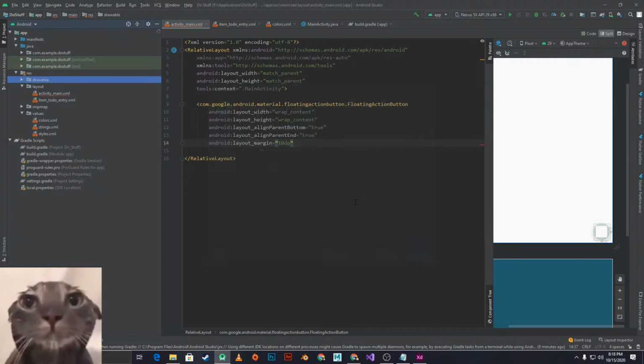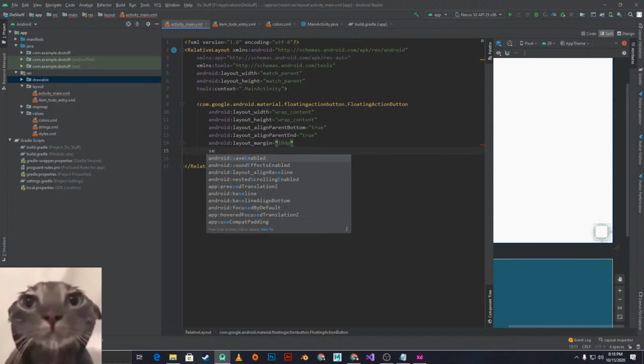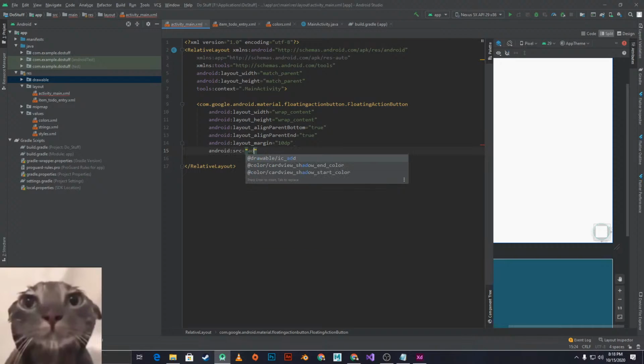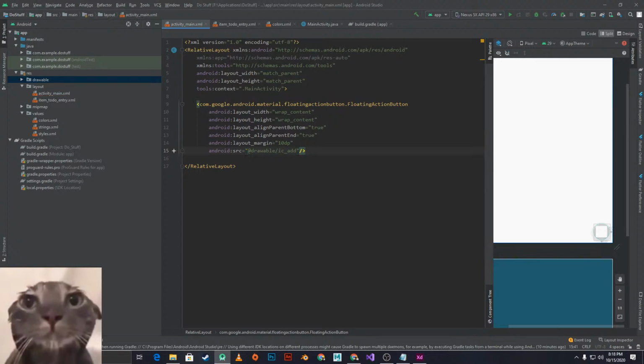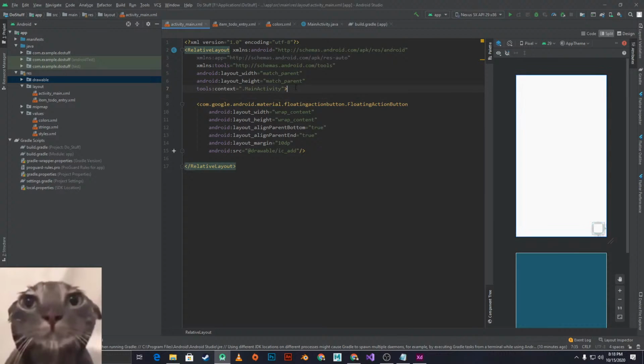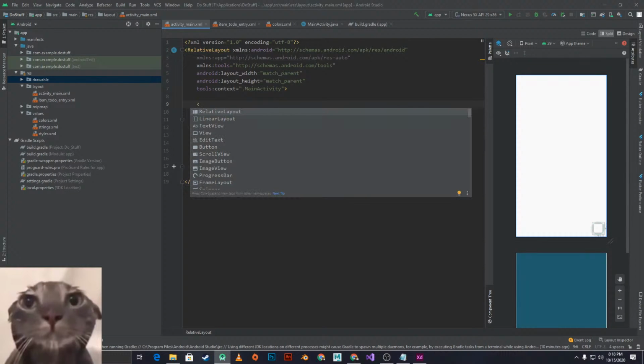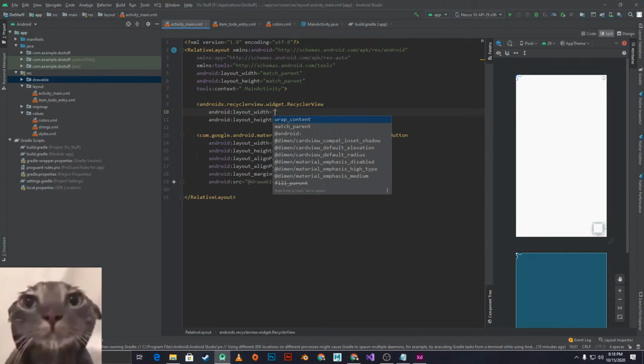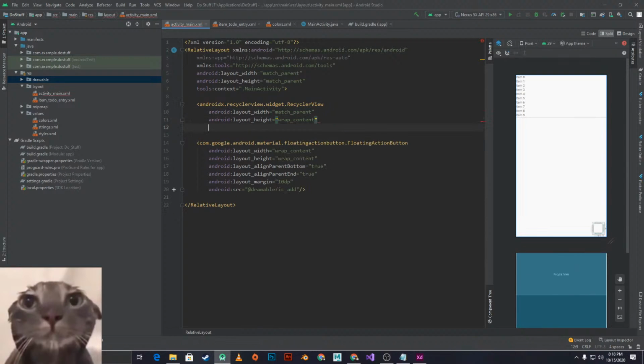Let's just call that add. And we can now say source would be add. Perfect. And close that much. Maybe if I refresh this screen, it would load up. Alright, and then we can now have our recycler view right here, with match parent, it would wrap content. This would now be called